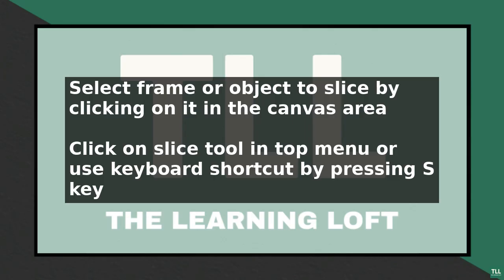To start slicing in Figma, first select the frame or object you want to slice. You can do this by clicking on the frame or object in the canvas. Once selected, go to the top menu and click on the Slice tool, which is represented by a rectangle with